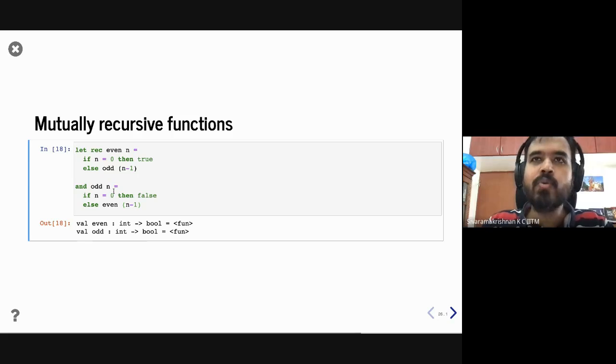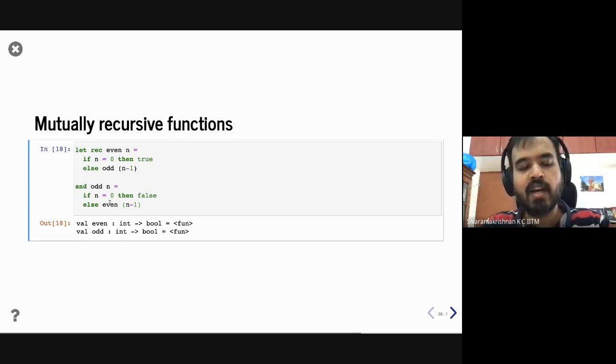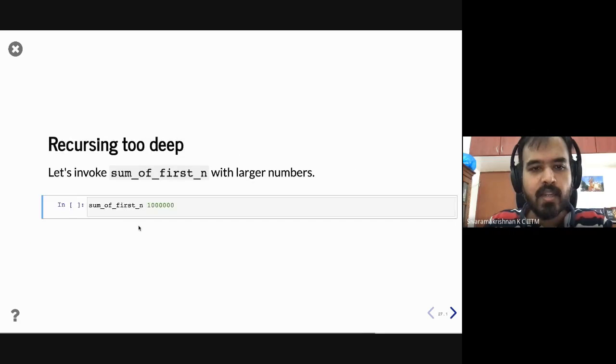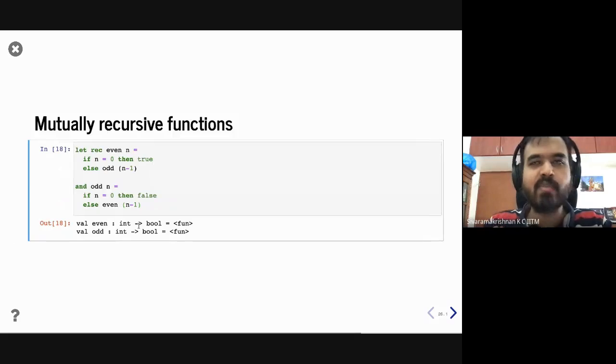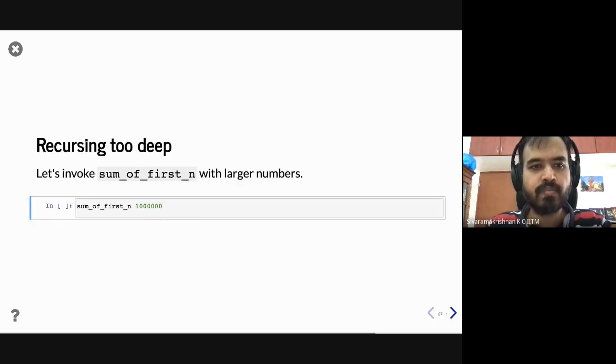So you get two functions because we are defining two functions. You can call either of them, right? Both of them, and the call will automatically, based on the input, call each other. Yeah, so I don't have an example, but you can sort of play around with it, right? You can give it some number and then see how the tracing works. So trace both functions, right? And then call it with some number. You will see that the calls will alternate between even and odd. I'll leave that as an exercise for you to play with.